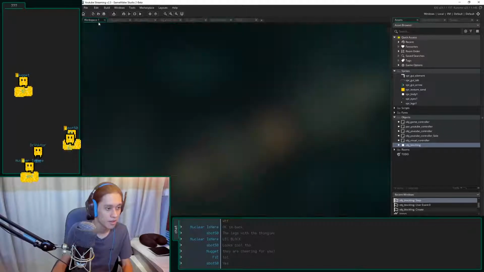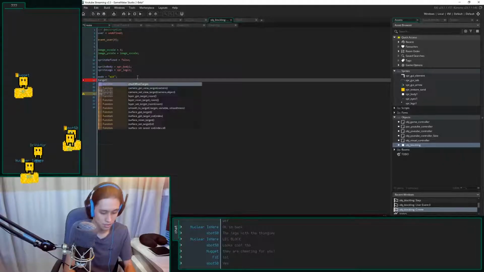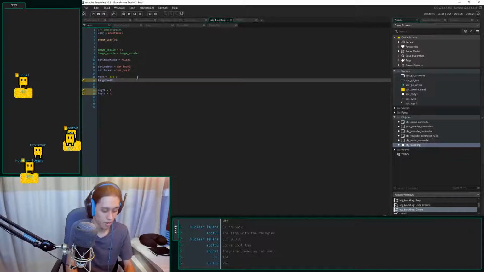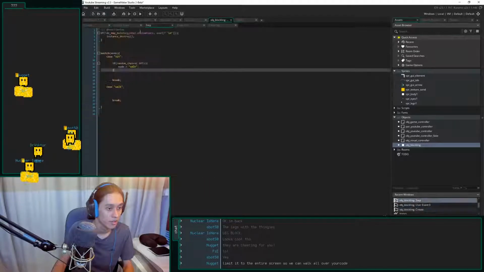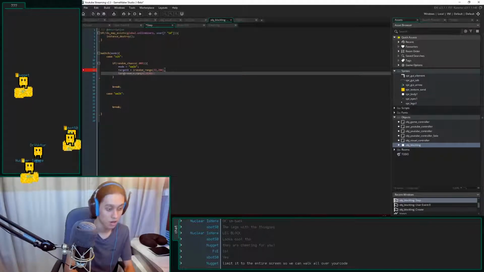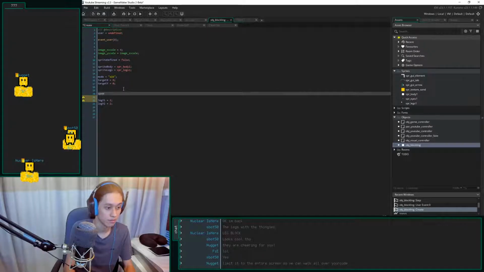So step, I'm going to need to create a mode, and then a target walk. Actually, I'll just do target x equals 0 and target y equals 0. So when I do this, I'm going to set target x to equal anywhere in there, and then target y equals anywhere in there as well. And then walk, how am I doing this? X plus equals, oh, we also need a speed.